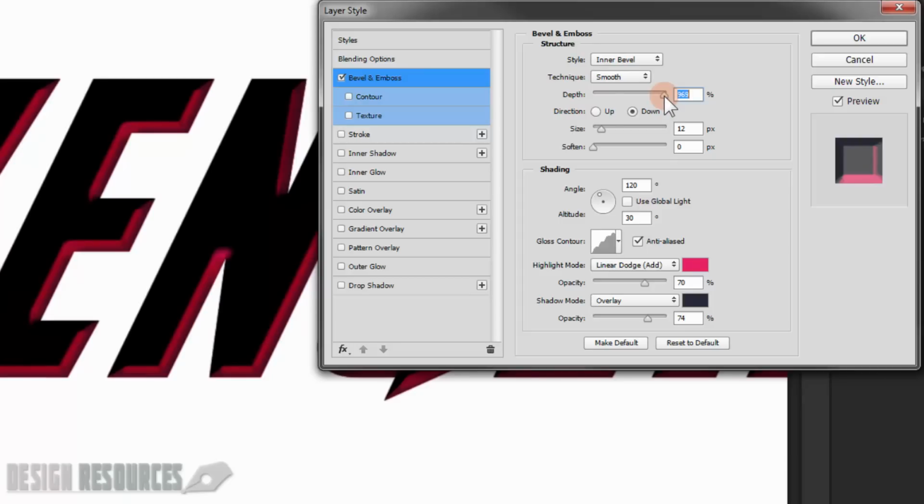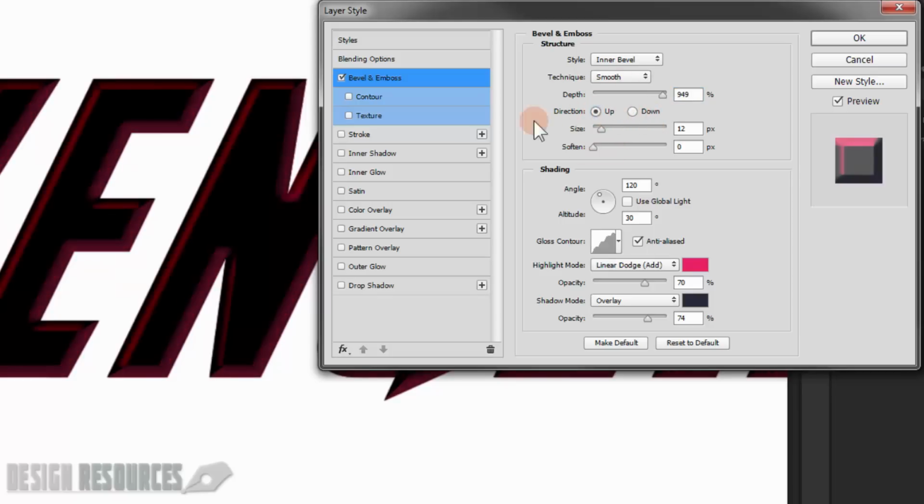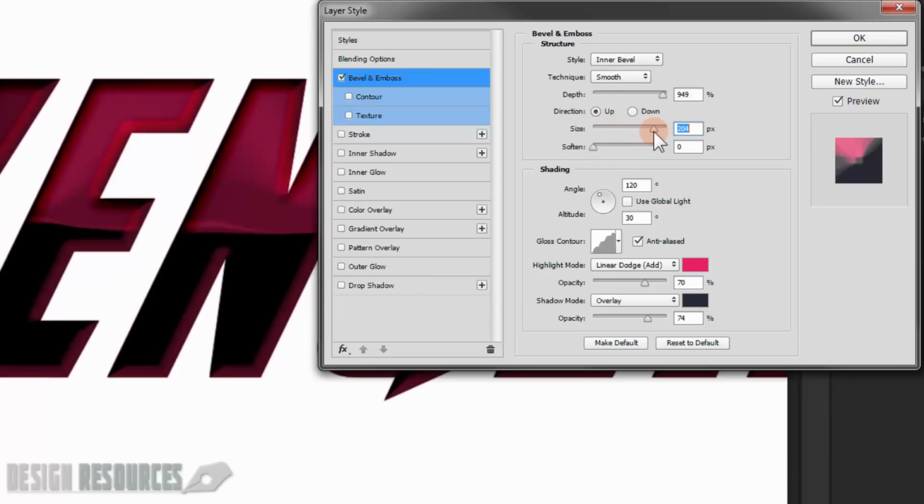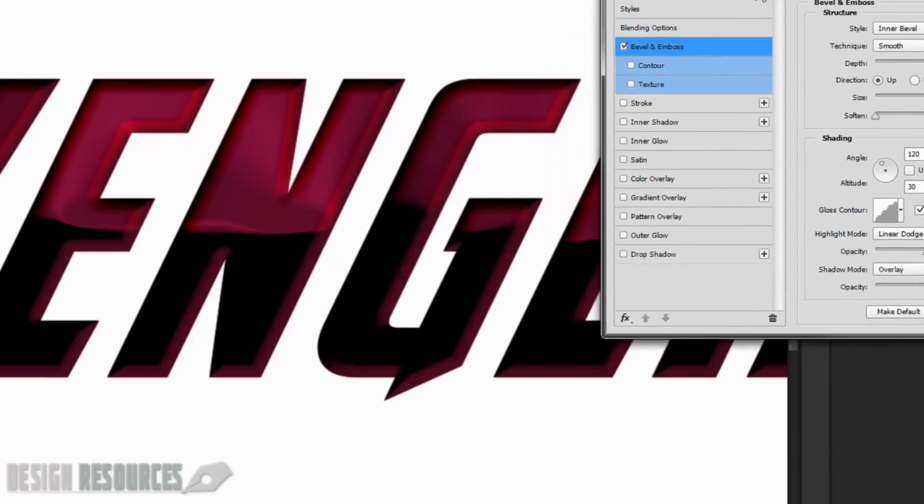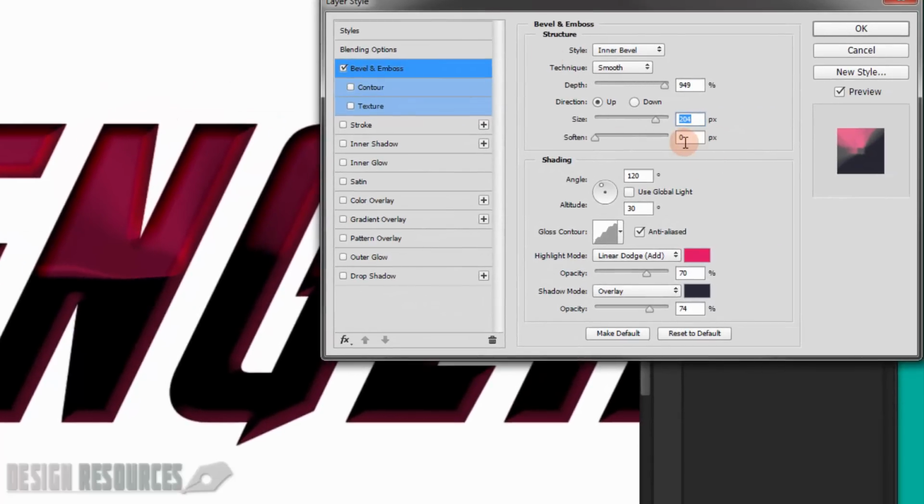Let's see, something like 949 or 50, just like that. And I will make the direction up. As you can see, this way it looks like it's pushed down. Now I will change the size to, I will make it 200 or something like this, as you can see. And we'll keep the soften at 0, and the angle we'll just keep at 120 and 13 here for the altitude. And in the gloss contour in here, we change it to